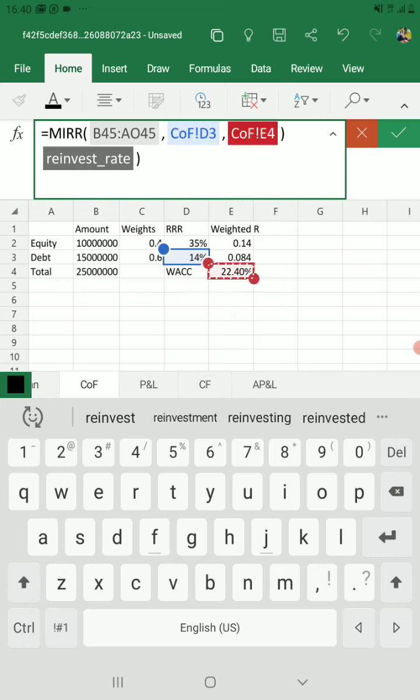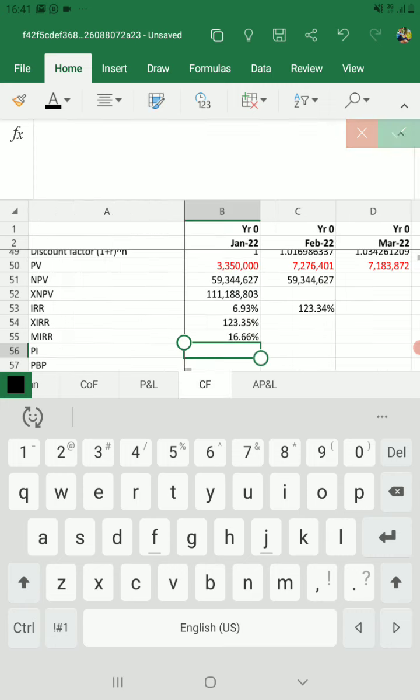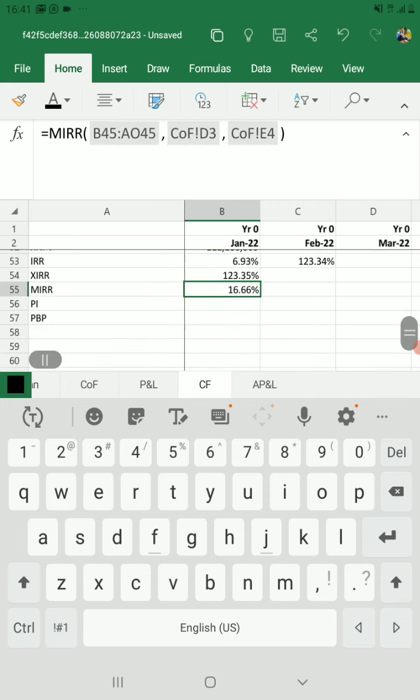Okay, on this formula they use discounting for 365 days, so you need to use annual rates. Okay, so press enter. This enter, so we get our MIRR and